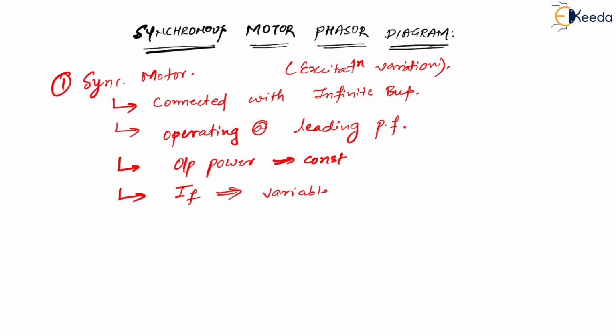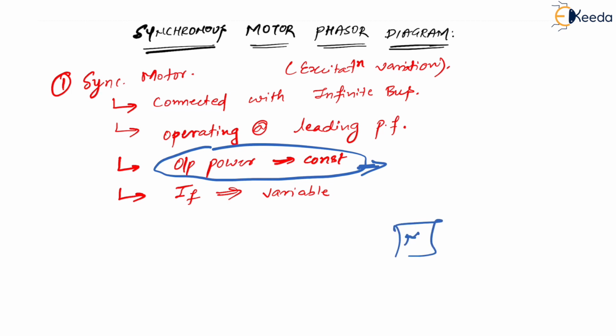So what happens when the field current is varied in the case of a motor? That is what we are interested in, correct? If you check here, when we talk of the output power of a synchronous motor, if the output is some output power, then my input power and output power have to be the same, in the lossless condition. Correct? It has to be the same. In the case of a motor we know that the input is electrical but the output is mechanical, correct?